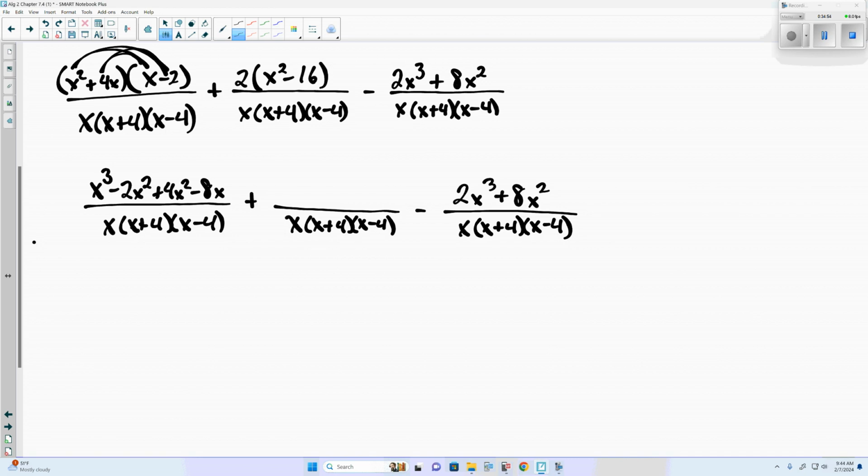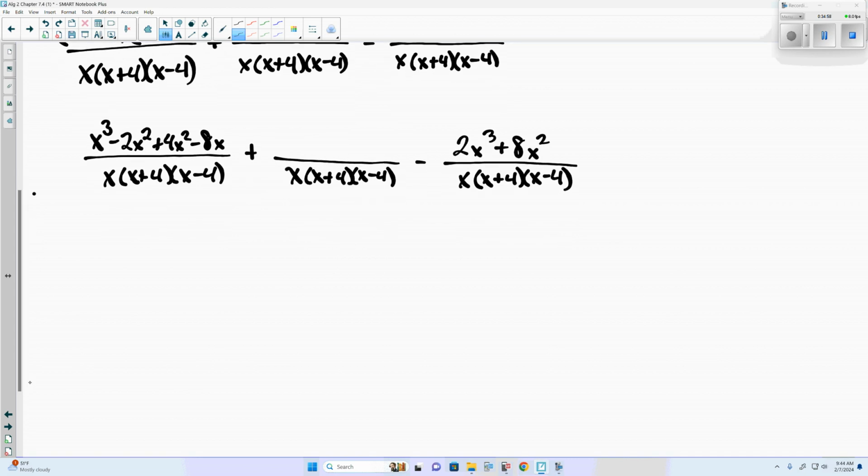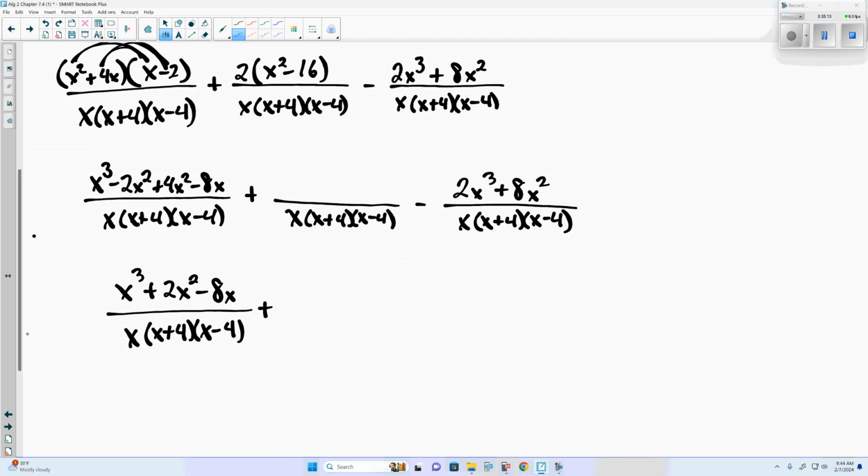Now we will need to combine those two middle terms, which is really just going to get us to x cubed plus 2x squared minus 8x. Now we do need to multiply the middle term. 2 times x squared is 2x squared. 2 times negative 16 is